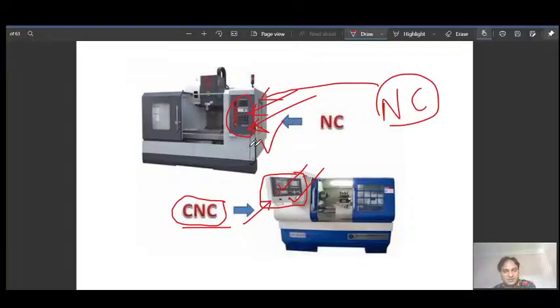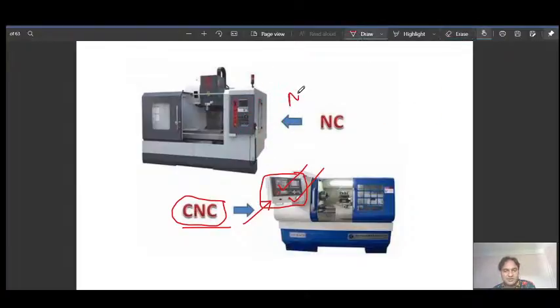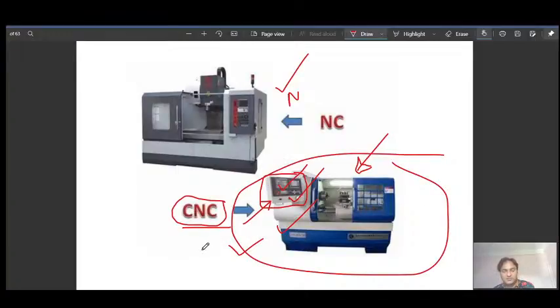So that's why, once we have to make an NC code and a punch tape, a skilled person was required. But here, any person can be trained in coding the program, and with moderate training, that machine can be handled by the operator. So as you can see, these are the advantages of CNC machine over NC machine. Again, it is much easier to control and operate the CNC machine than the NC machine.